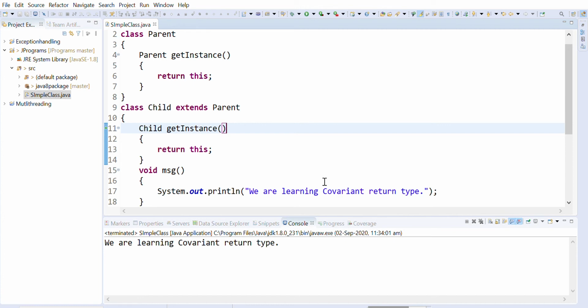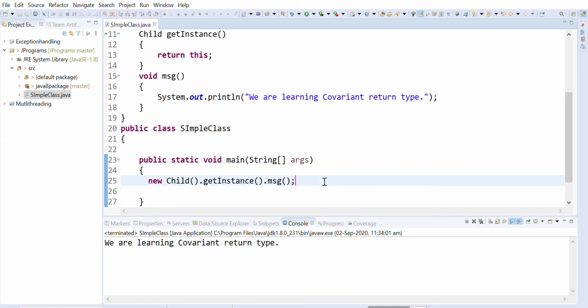We have given you a very simple example. We have a parent class and a child class that inherits it, and the child has its own overridden method, getInstance, which gives you the instance of the child object, and from the child object you can call the message method.